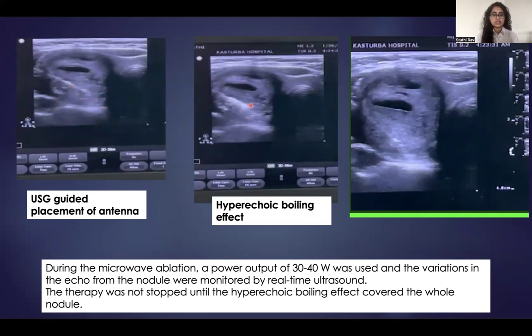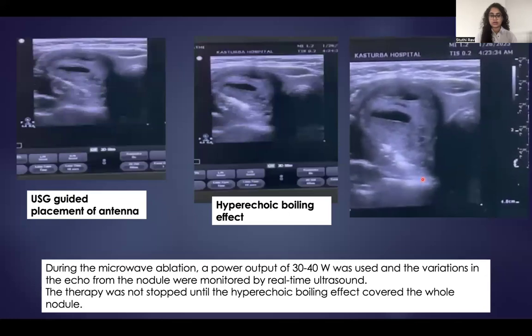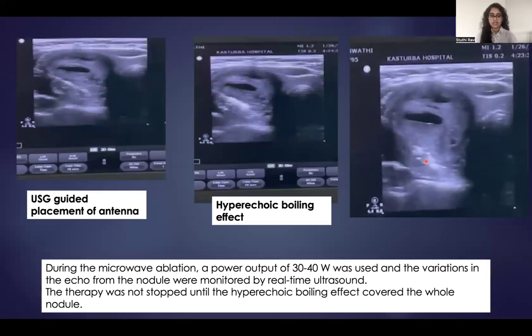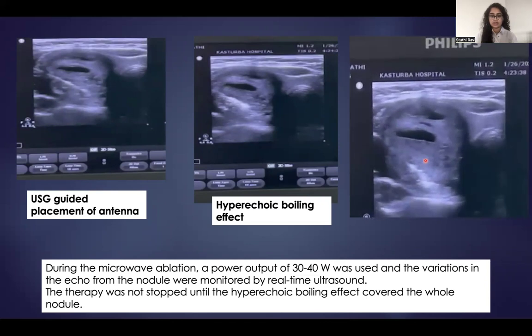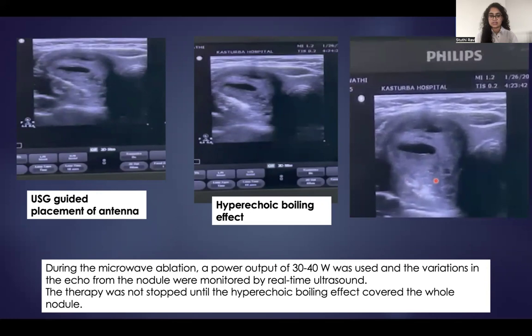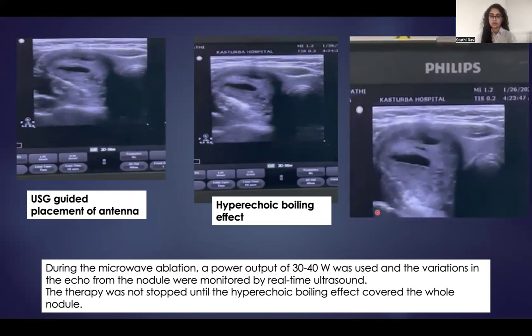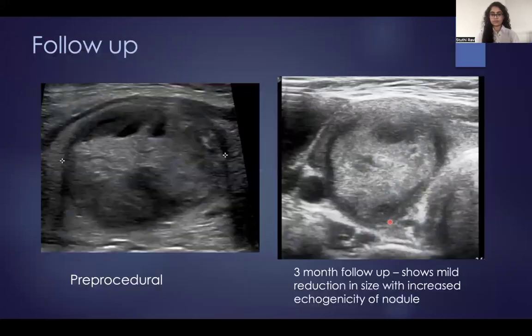This is what we look for, which is the hyperechoic boiling effect, which is the boiling of the water molecules within the thyroid. So during microwave ablation, a power output of 30 to 40 watts was used, and variations of these echoes from the nodule were monitored during real-time ultrasound. This is called a hyperechoic boiling effect, which depicts the area that is ablated. The therapy is not stopped until this hyperechoic boiling effect covers the whole nodule. So on 3-month follow-up, we can see a reduction in size with increase in echogenicity of the nodule in the